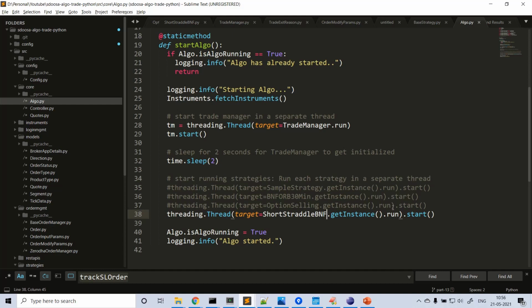Each strategy can have its own logic, and the trade manager will take care of the complete handling of the trade. Once you write your logic of, let's say, 30-40 lines of code in each strategy, create a trade and hand it over to the trade manager, the trade manager will take care of everything. So using this framework, you just need to write only 40, 50, 60 lines of code. You just learn some basic Python and you're ready to go.